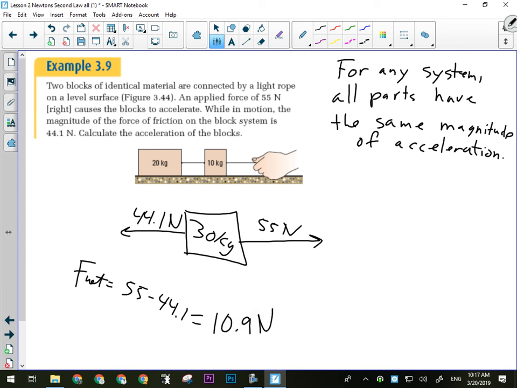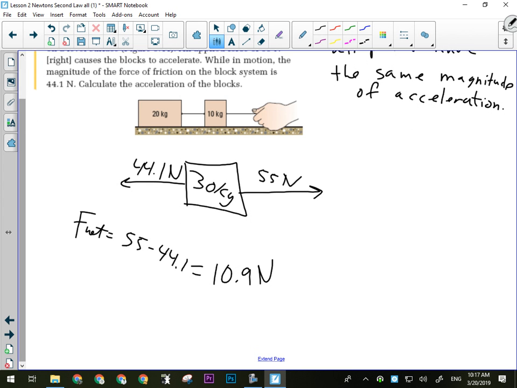All right, so my net force is 10.9 newtons forward or to the right here, okay? Now I can calculate the acceleration, okay? What do I divide by? 30,